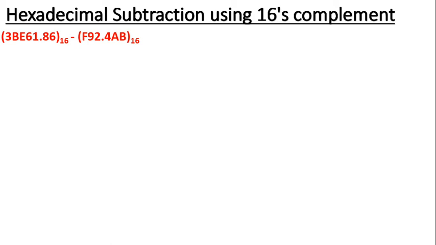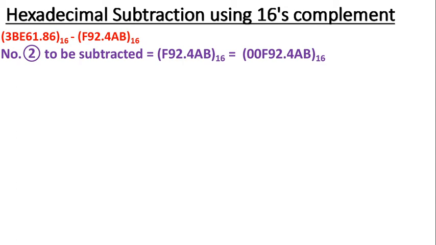But if you observe, in the second number which is to be subtracted, to the left side of the hexadecimal point there are only 3 significant digits, whereas in the first number there were 5 significant digits to the left side of the hexadecimal point. It means that the second number which I want to subtract, I have to properly represent here. So in the subsequent step, number 2 to be subtracted is F92.4AB hexadecimal, which is equal to